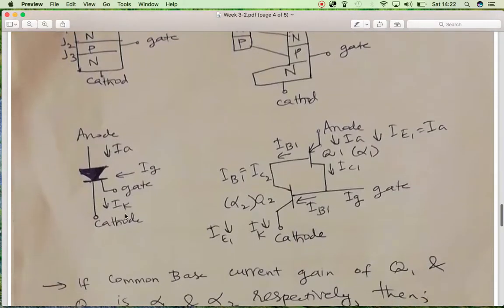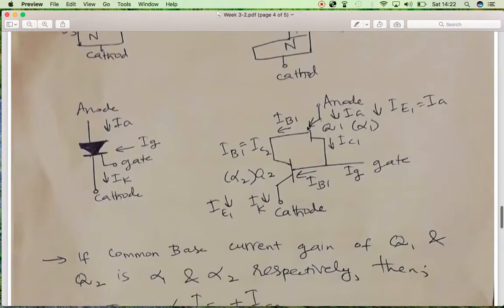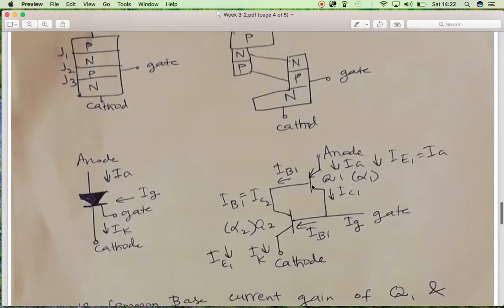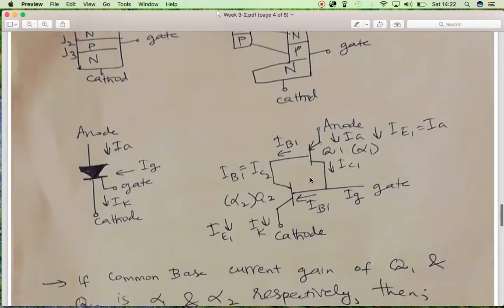So this is the diagram of the thyristor or the SCR, the symbolic diagram. This is the anode current, this is the cathode current and this is the gate current. And then we have two transistors. One is the PNP transistor where the arrow is inwards, and the other is the NPN transistor where the arrow has to be outwards. There has to be an arrow over here, which is outwards. This arrow is missing, so you can put an arrow over here.